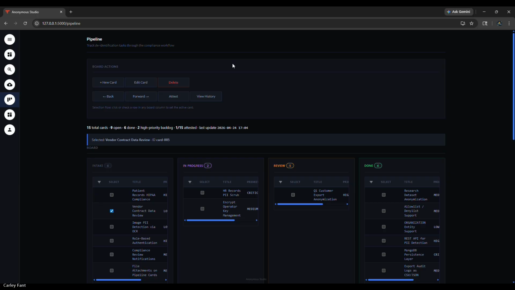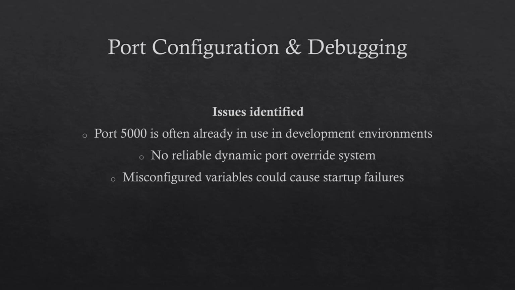And then for our debugging of the port configuration, we use Taipy's. Taipy's default port is set to 5000, and in the local dev container, port 5000 is already occupied. On the PaaS platform, we assign a random port via the PORT environment variable, and the app must bind to it for its health check. And there was no consistent way to override the port. So what I did was